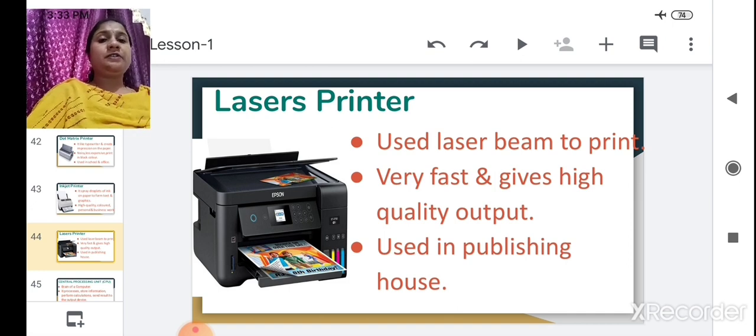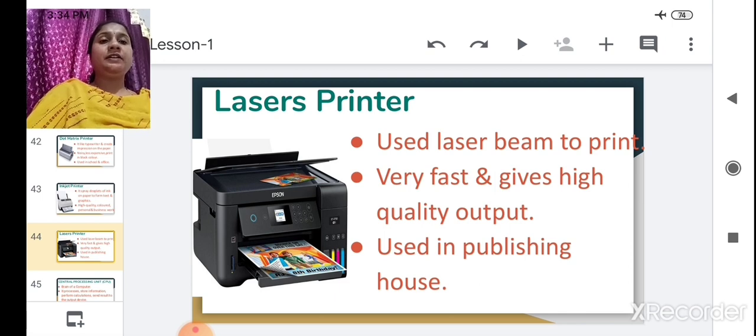Got it? Now the difference between the inkjet printer, laser printer and dot matrix printer. Dot matrix is only black and white, it is cheaper, and it prints in dots. The inkjet printer sprays droplets to form text and graphics, and it can use black and white as well as color. It gives higher quality output than dot matrix, and it is cheaper and smaller.